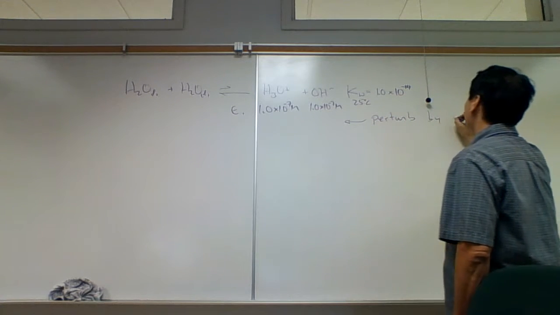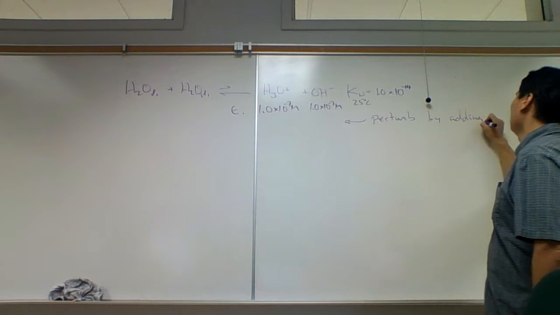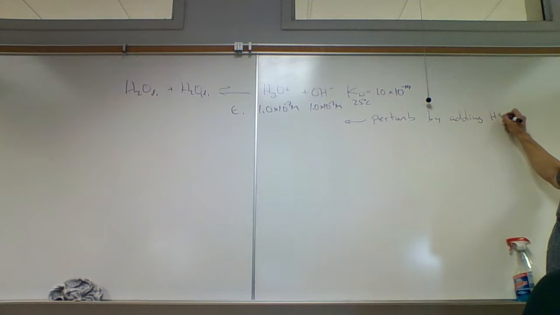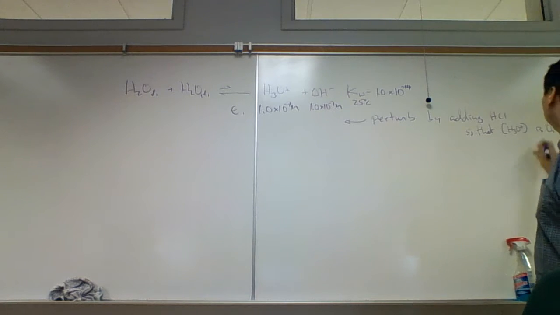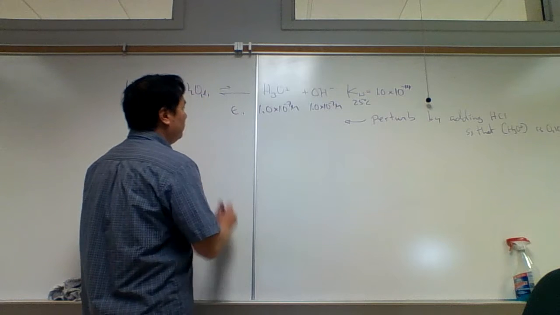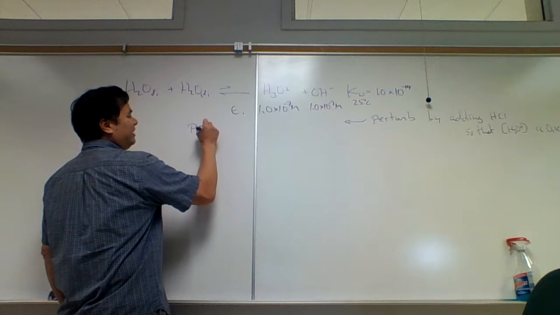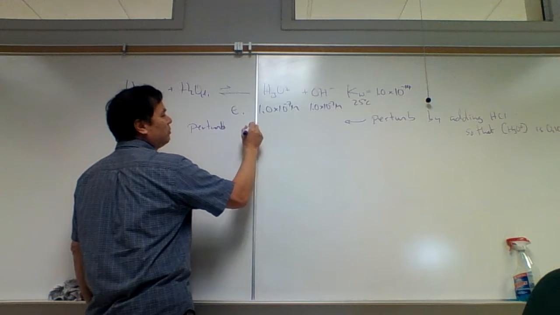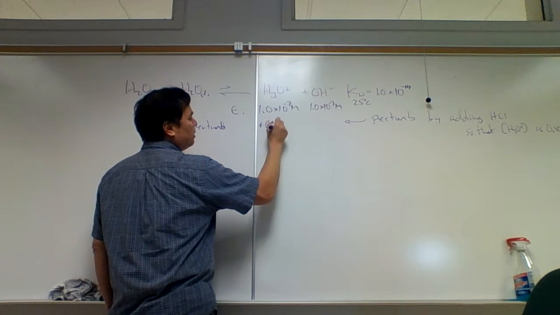We're going to perturb this by adding enough HCl so that the hydronium ion concentration is 0.100 molar. So this perturb step here, we're going to put in an additional 0.100 molar. So it's going to be plus 0.100 molar